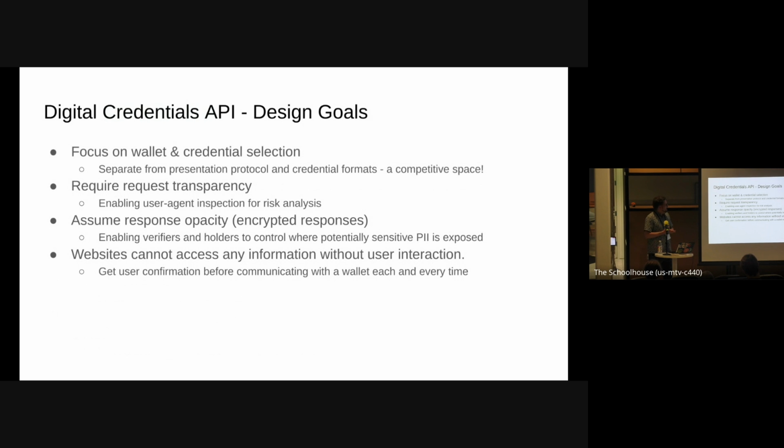So we're building an API, and we've worked hard to try to convince people in this ecosystem that we have something to provide, that if they work through our API, we can offer them some things they want. In particular, we can solve this problem of wallet and credential selection. One of the big problems today with these custom URL schemes is it's just a website that talks directly to a single app, and you're probably going to have multiple apps on your phone. You probably want to get the user's consent to pick which one they want. So we can fix some of the UX issues by having a browser API.